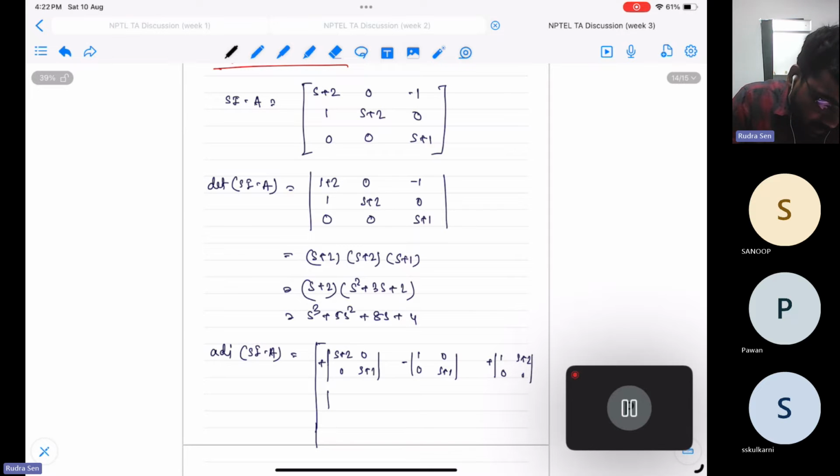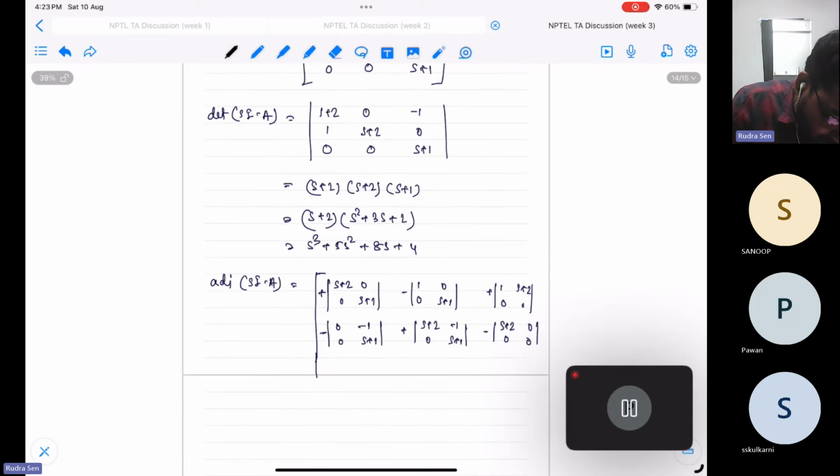Okay. Now the second is, if I take this term and that term, it is 0, minus 1, 0, s plus 1. This is minus, plus, s plus 2, minus 1, 0, s plus 1, and then minus s plus 2, 0, 0, 0. And the last thing is